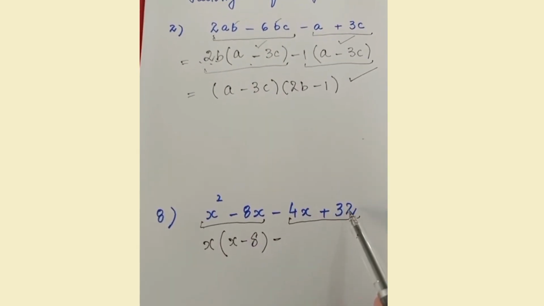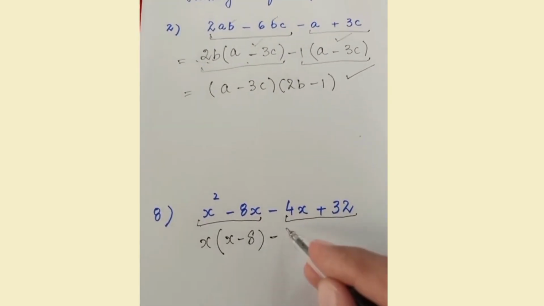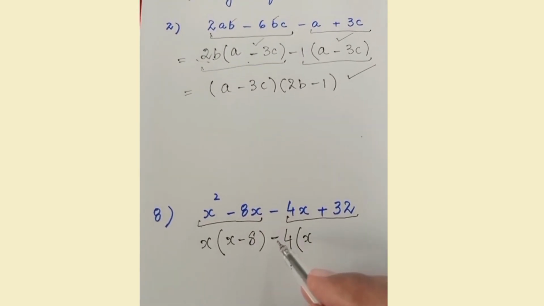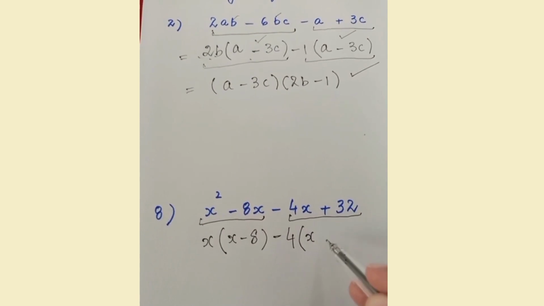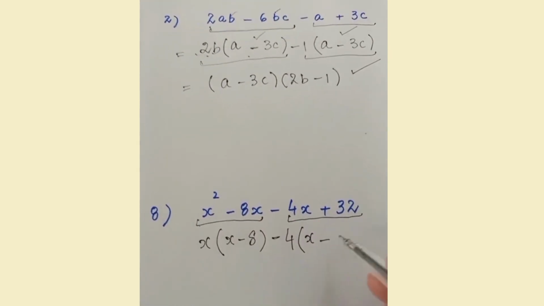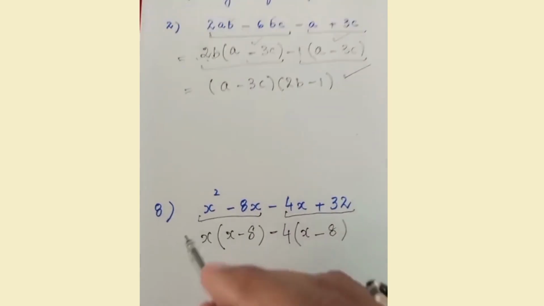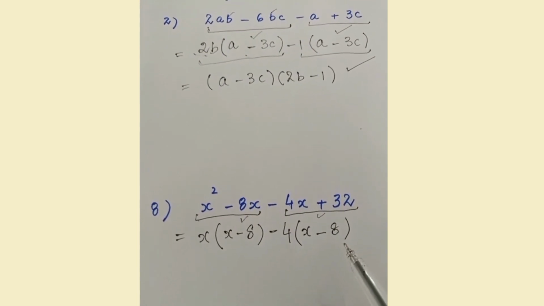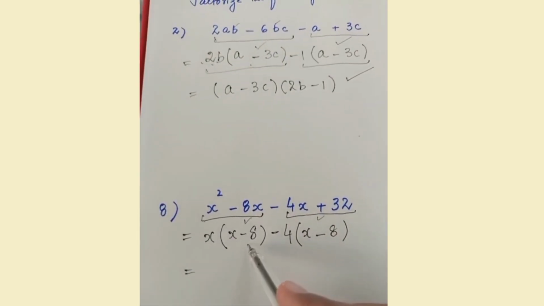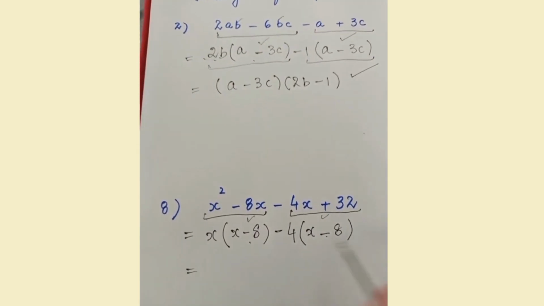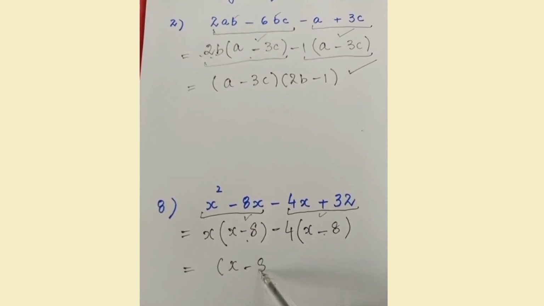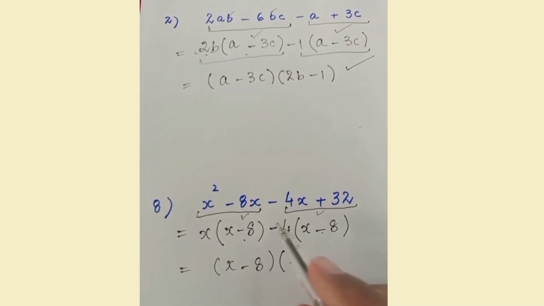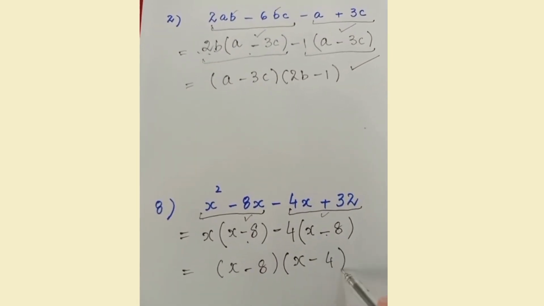Regarding 4 and 32, 4 is the least thing, so 4 will be taken as common. We are left with just x, and because we have taken minus as common, the sign will be changed and it will become minus, and 4 times 8 is 32. First step is done. The same things are there in the bracket, so it means we have taken the common rightly. Now these things are common from these two terms, so we write x minus 8 as it is. What will be the remaining element? From this side just x, minus 4. This will be your answer.